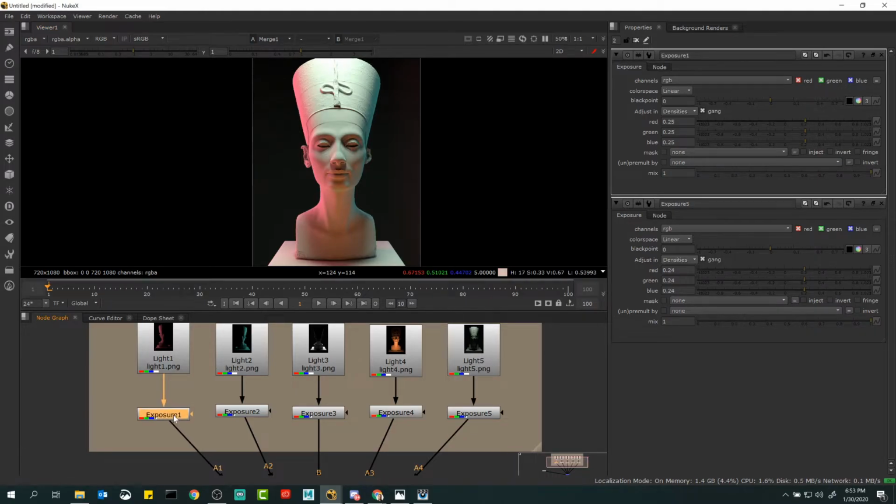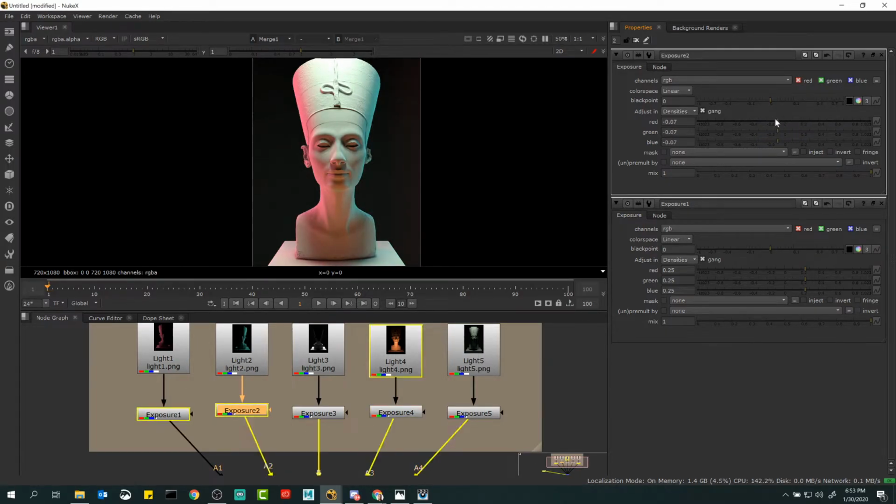If you look at these exposure nodes, though, they all have the ability to change RGB values. But for some reason, when I move it, see how they're all going together? So exposure is the same thing as intensity, where if they're all moving together, you're just making it brighter or darker. This checkbox right here called gang,